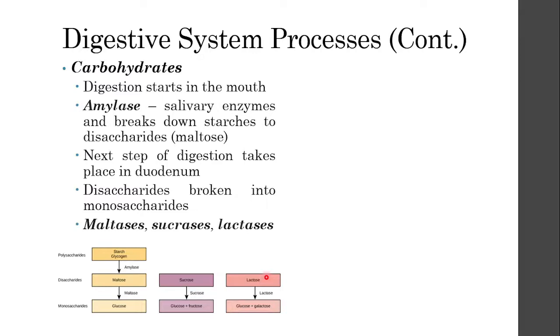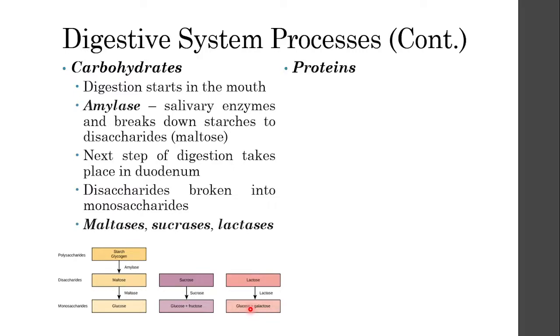So these are the enzymes that are present in the duodenum, more specifically the small intestines overall, that help break down carbohydrates into monosaccharides. And now that we have our glucose, this glucose then will be absorbed on the lining of our small intestines and will be used by our cells to create ATP. So the whole cellular respiration happens.